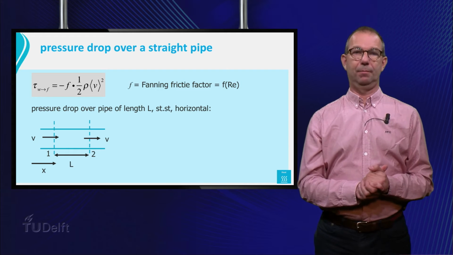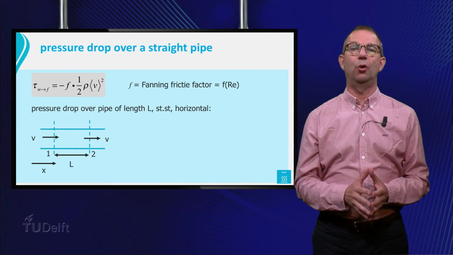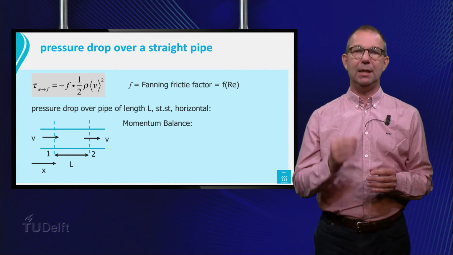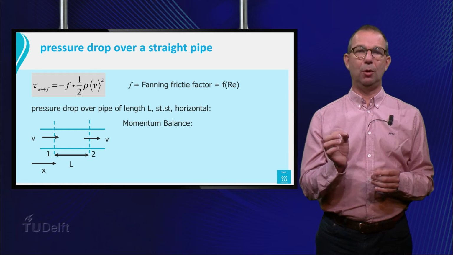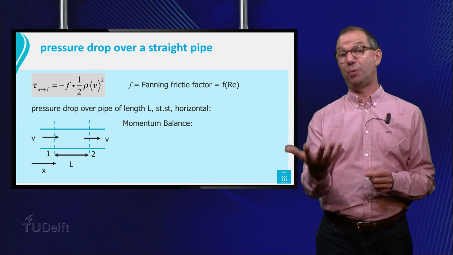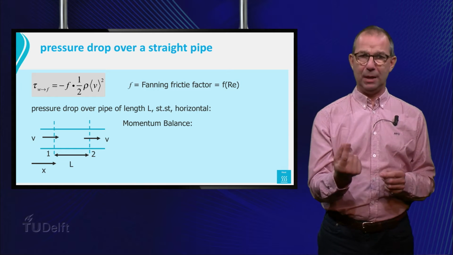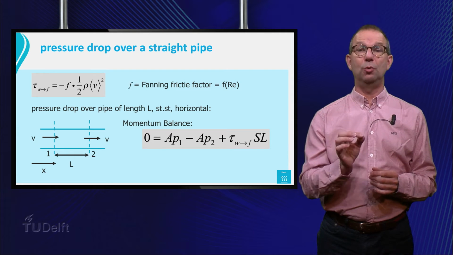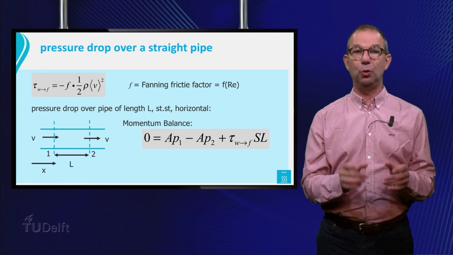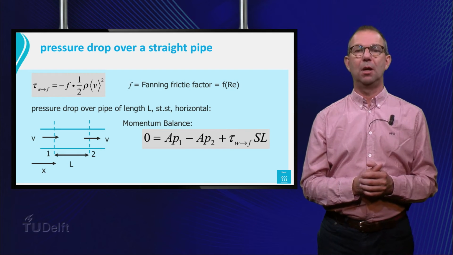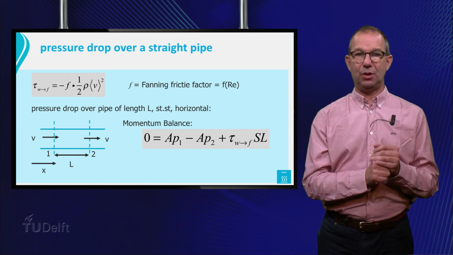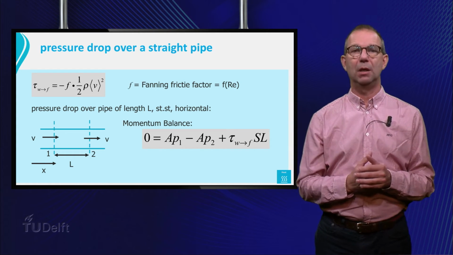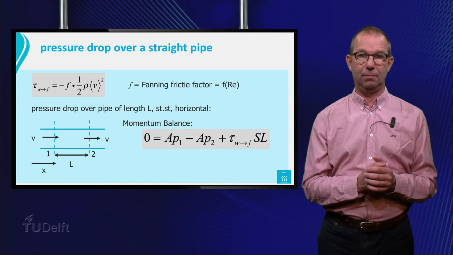So here's our pipe again. The pressure drop over the control volume between the dashed lines can be found from a momentum balance. In steady state, this reads as 0 is in minus out plus production. The in and out term cancel each other, as you can check yourself. Thus all we need to do is find all forces acting on the fluid in the control volume. From the left there is a pressure force, P sub 1 times the cross-sectional area capital A of the tube. It works in the positive x direction.